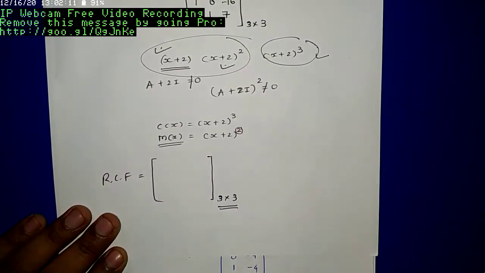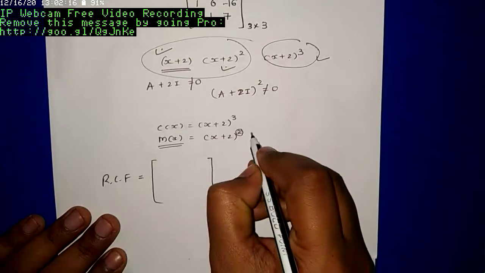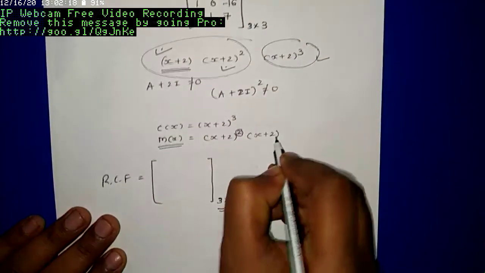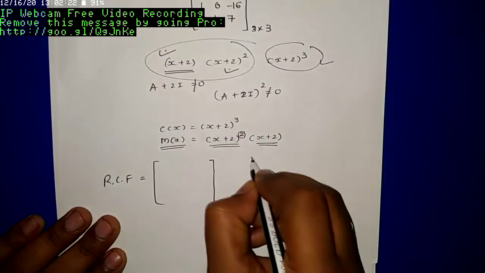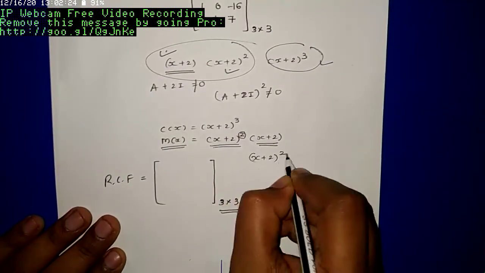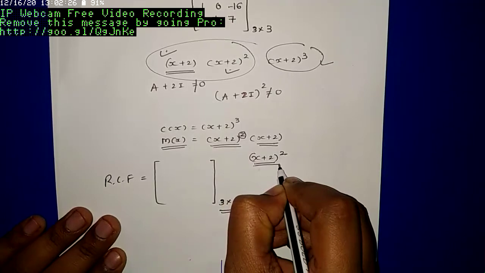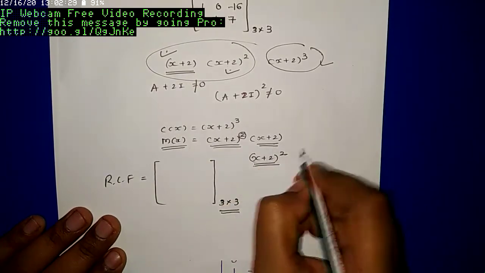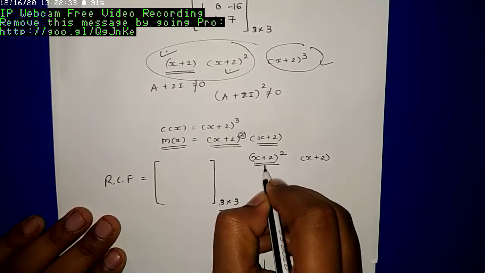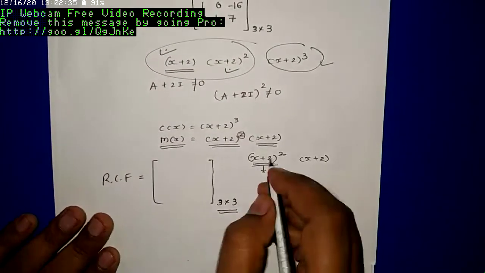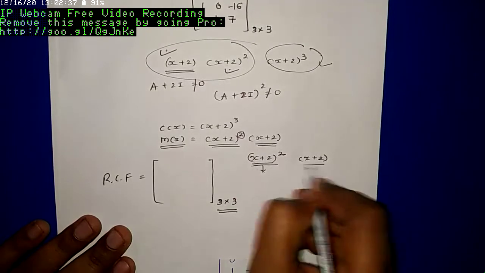So we have to multiply with another factor. So here are 2 invariant factors. The first invariant factor is (x+2)^2, which is your largest invariant factor because this is the minimal polynomial, and another factor is x+2. So we want to find the companion matrix for this and also for this.